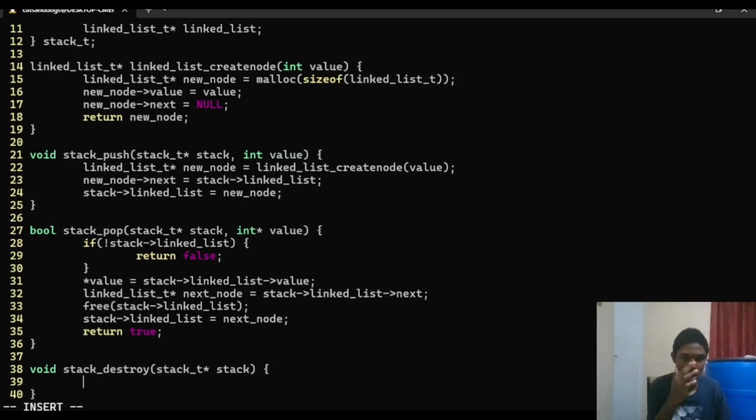So we'll do a linked_list_t pointer, and we'll say linked list equals stock linked list, and